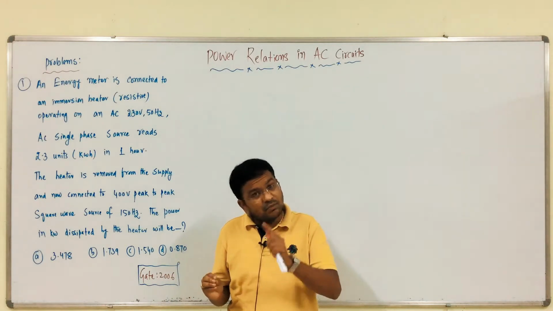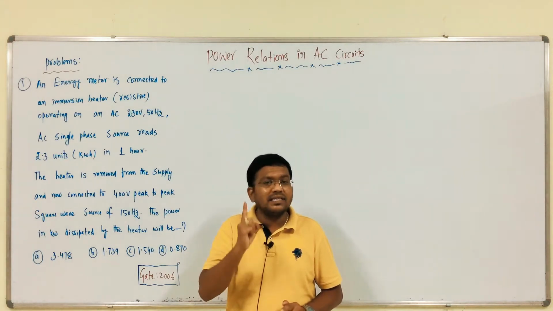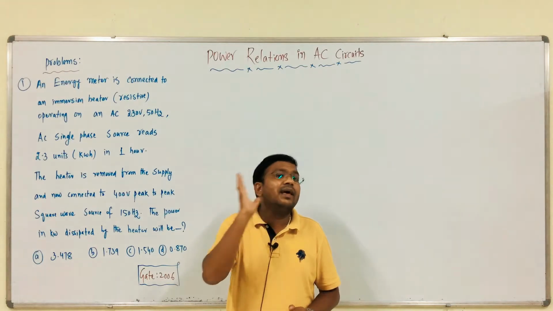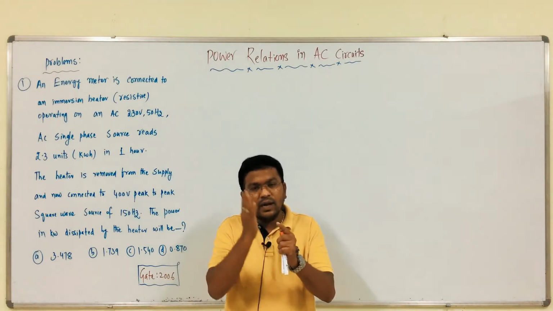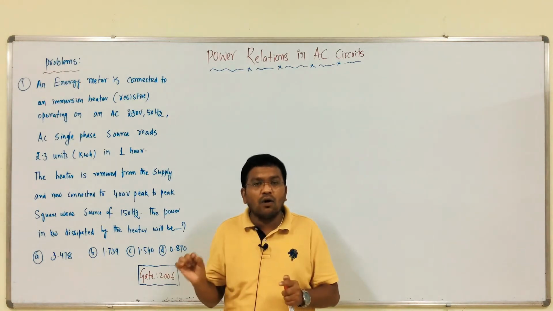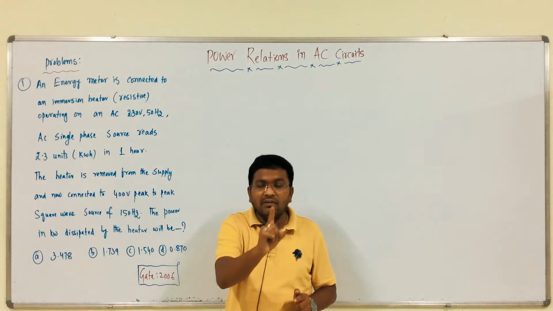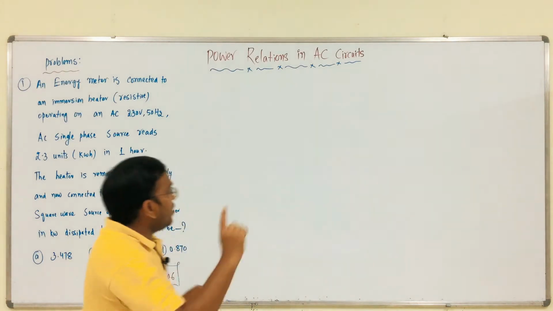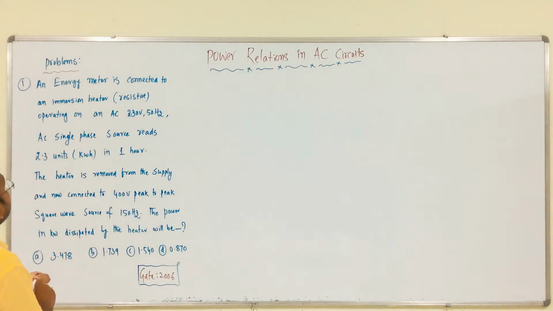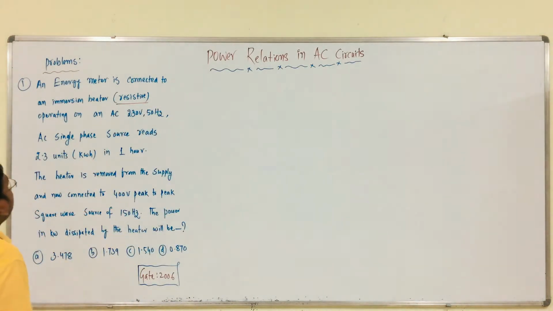I have already discussed this point in the initial classes itself. In order to calculate the phase angle, first you need to calculate the impedance value. Impedance means what? Magnitude at an angle. That angle represents the phase angle between voltage and current. That angle is enough for power relations. Clear? Then, the first problem: an energy meter is connected to an immersion heater, that is, resistive, operating on